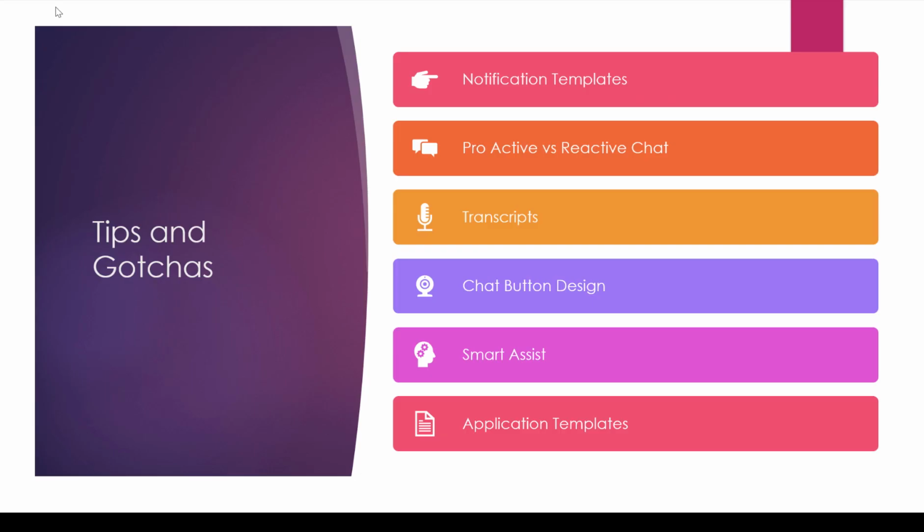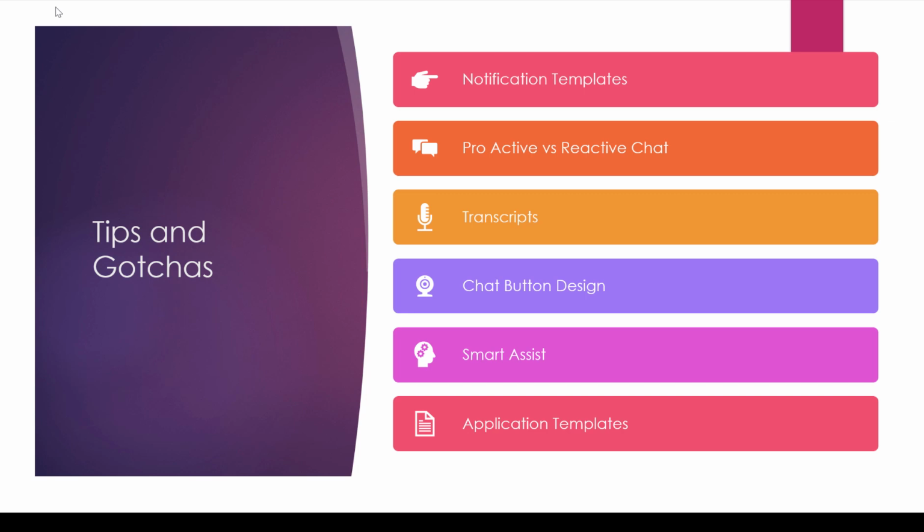So with the chat channel, you'll notice that when we actually passed the chat through, it came up at the top right with the fact that that chat was coming through. It had the name, it had the amount of time that the customer was waiting. That is basically via template, and that can be customized. So we could include additional information, for example, information that they included in pre-chat.